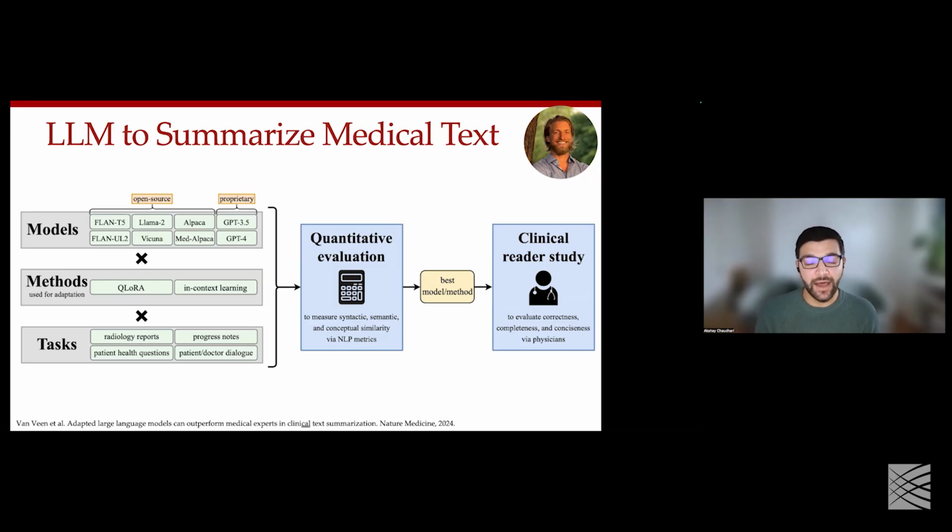So we had 5 hospitalists and 5 radiologists who looked at the best model and method that we found. And in our evaluation, this best pairing was using the GPT-4 model as a baseline and then using in-context learning.